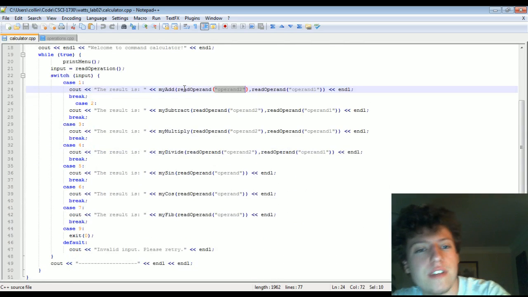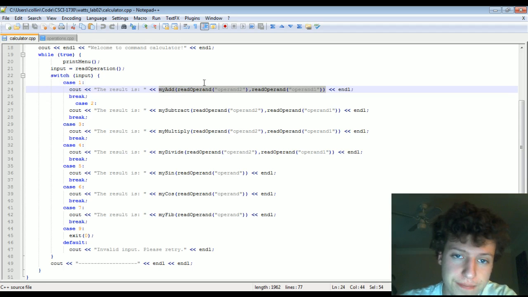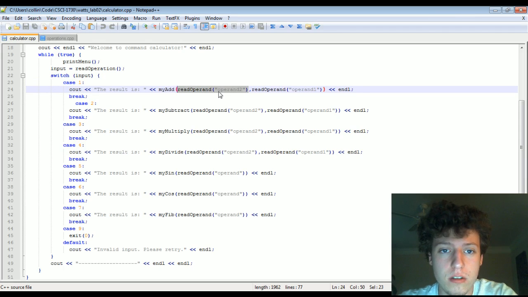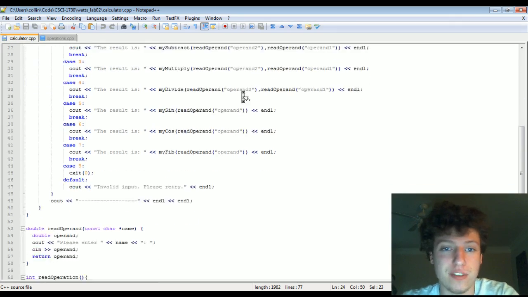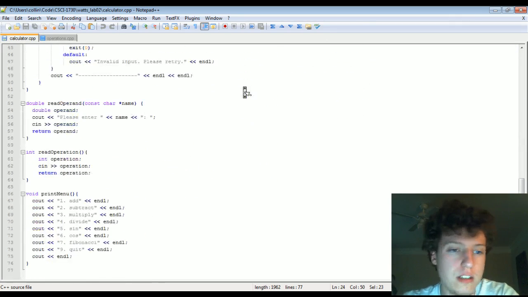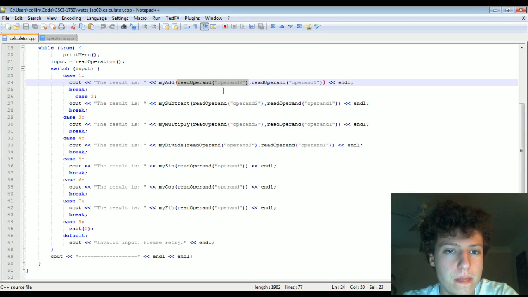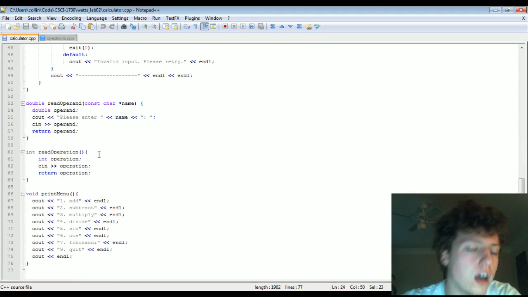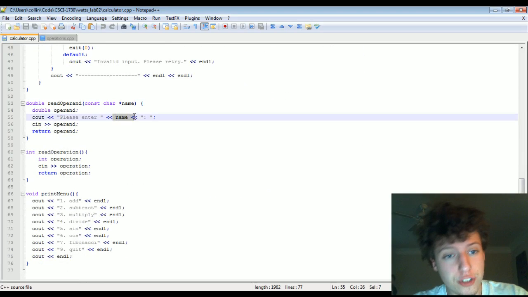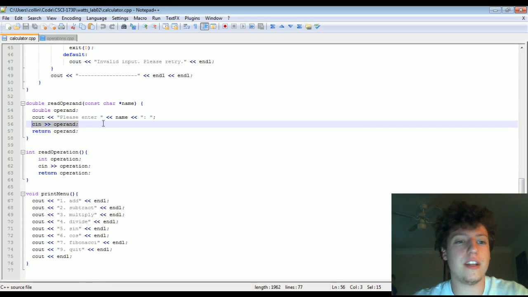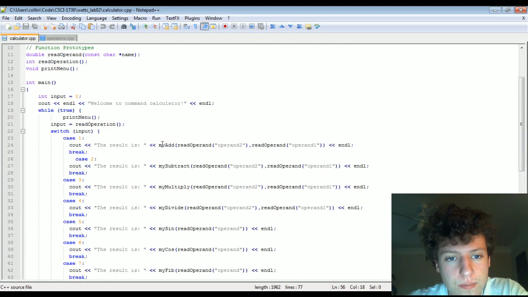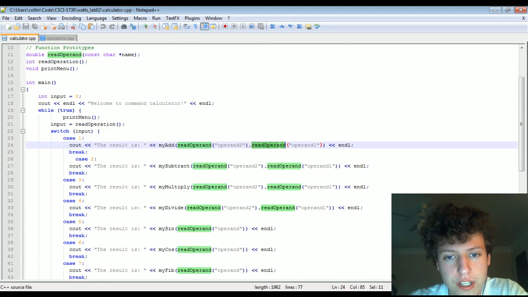So inside each one of these, you'll notice that we have a function, a comma, another function, and all that wrapped inside a third function. What all these are doing are saying, read in an operand with this name. In this case, we just named it operand 2 and operand 1. We just named them that, and then it says, please enter operand 2, and then it reads it in and returns it out. So that way, we ask for user input here, we ask for user input here, and then